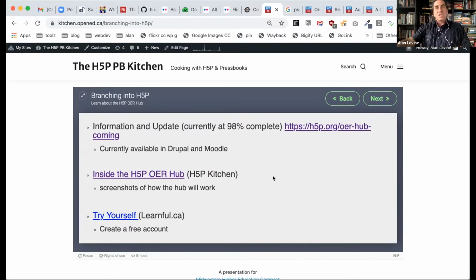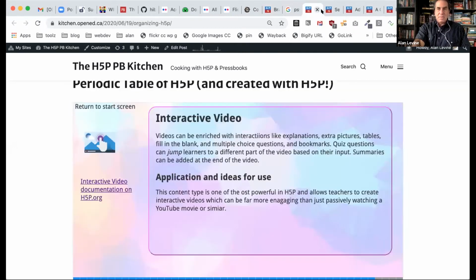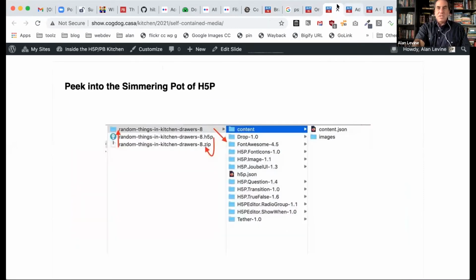And if you want to, you can download something and remix, or you can share the content you create into it. So when that comes online, probably within this academic year, I would think so. It's probably going to be a game changer in terms of having the tool to search for OER H5P content within the H5P interface itself, which, and I don't know how I'm doing on my time here, but I want to just